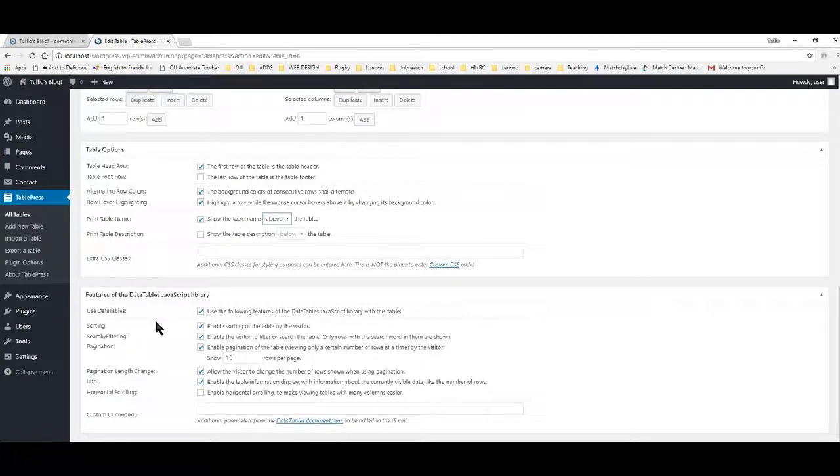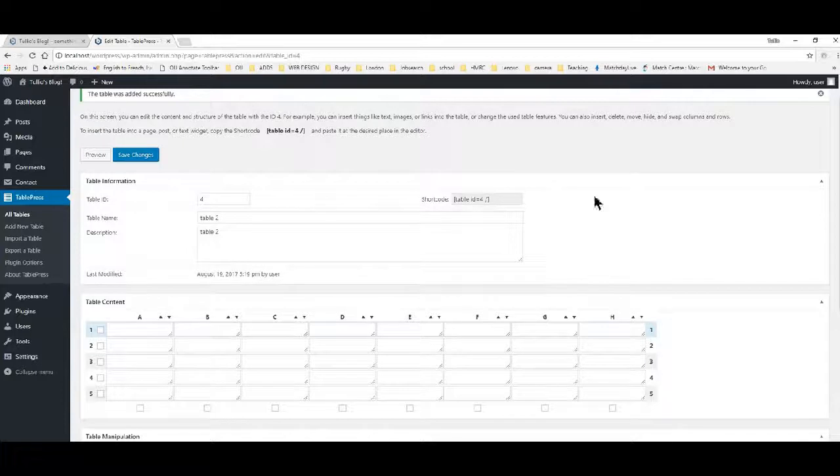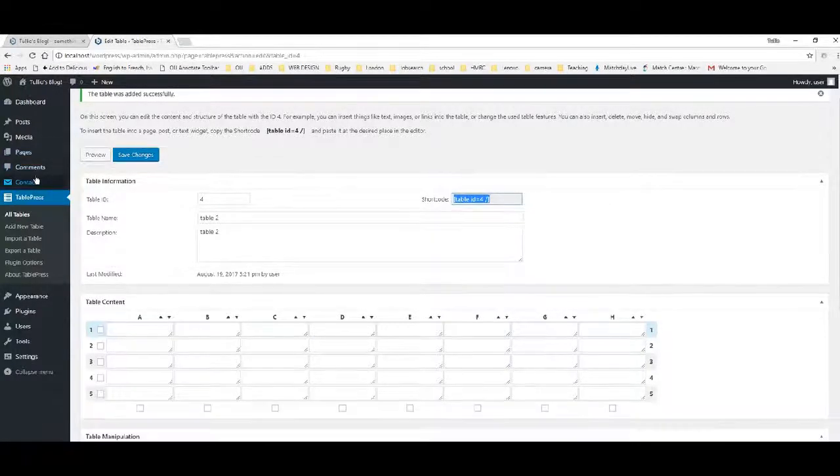Features of the DataTables JavaScript library. Again, this is JavaScript, so I would say let's enable everything for now. Sorting, filtering, the pagination. Let's enable also the horizontal scrolling. Let's save the changes, copy the shortcode,